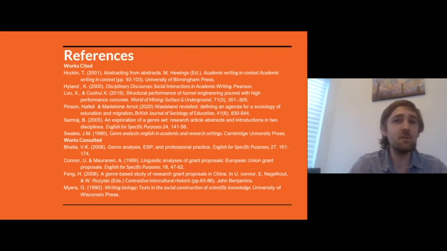Is your discipline an emerging field? Is your discipline one given to summary, or is it one given to persuasion? If it is given to summary, or if it is given to persuasion, how can you lean into that as you write your own abstracts? Or how can you use these rhetorical moves to maybe make it a little easier for you to read abstracts so that you can learn what an article is doing more quickly and more effectively as you gather your own